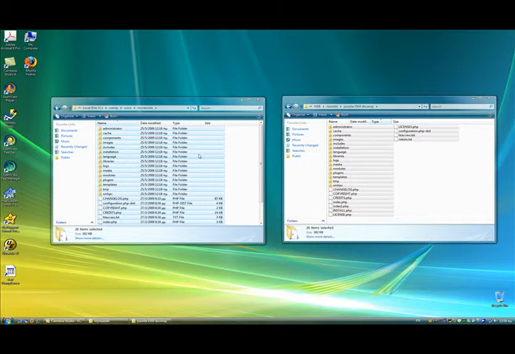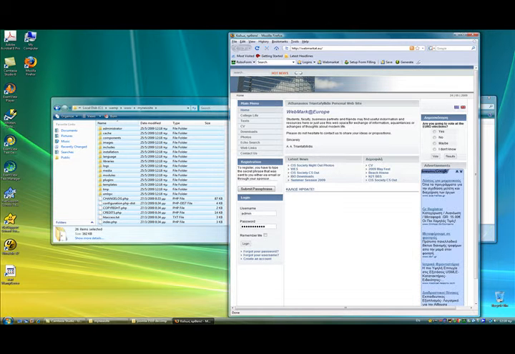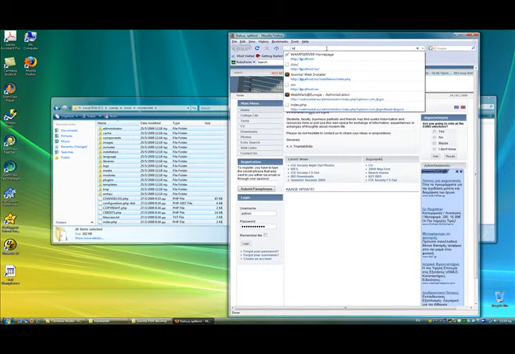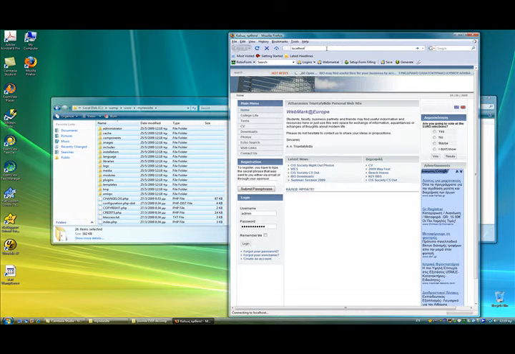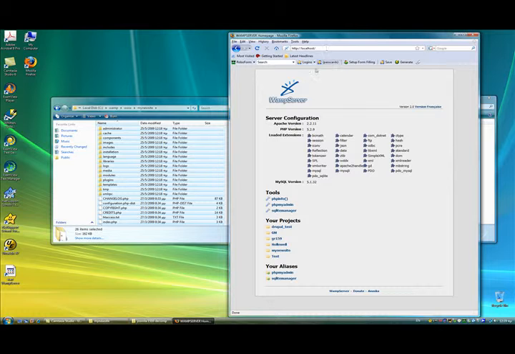Now copying my Joomla files has finished, so it's now time to start a browser application. I'm going to use for this tutorial Mozilla Firefox, which I strongly recommend for developing web applications, but you can always use Internet Explorer or anything else you like. So by starting Mozilla Firefox, you will be able to access your site at the address that is localhost, that is one word, which is the WAMP server homepage of your system. And normally you will see your site among your projects list here, so that you see my new site, and if you click on it,